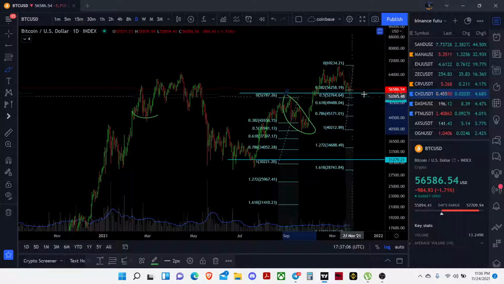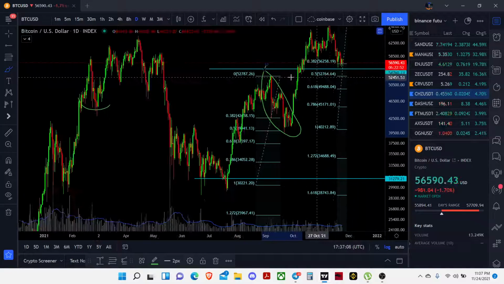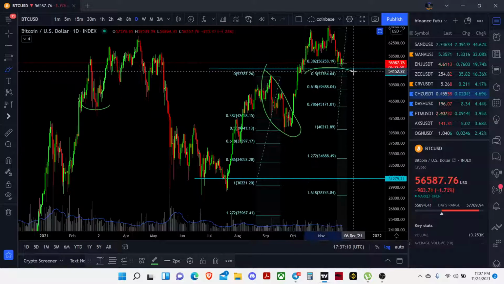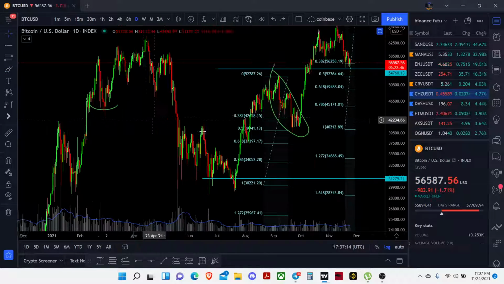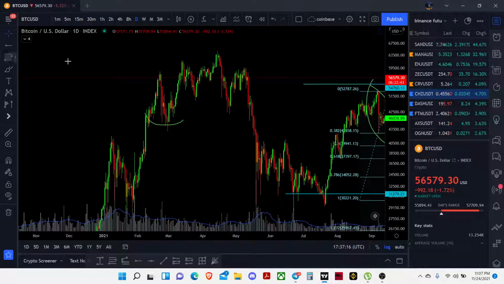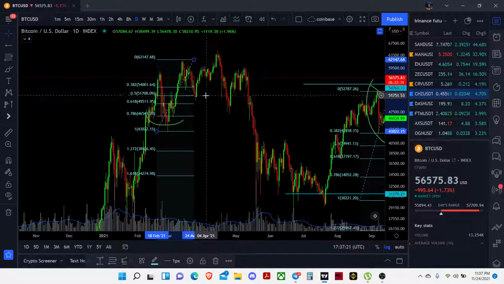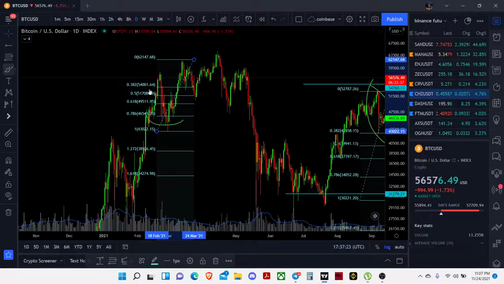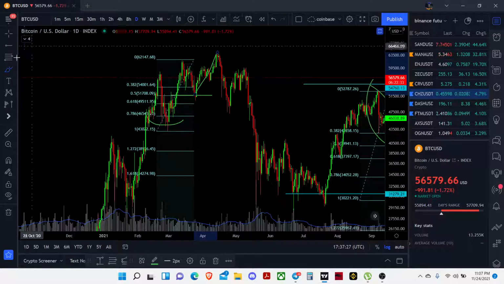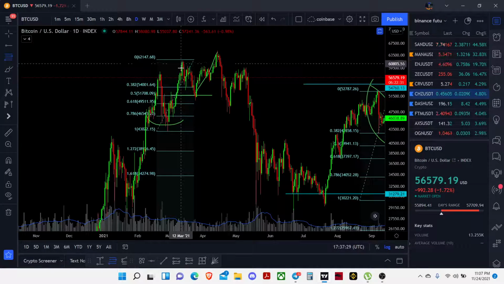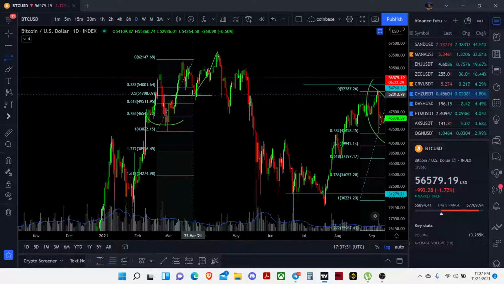That's why I'm expecting a bounce before getting into the 0.5, so before getting into this region. That's what I'm looking for. And if you look at the back histories, we can see again a bounce from here to here. If you follow the fib, it was almost around the 0.5 level that we bounced back again.